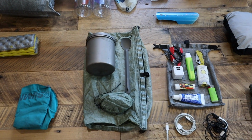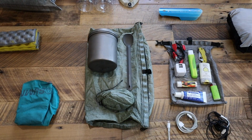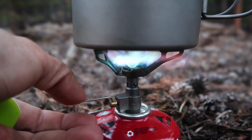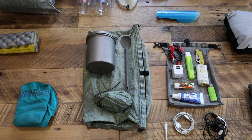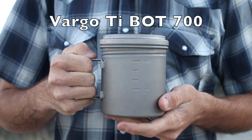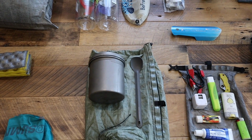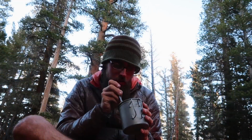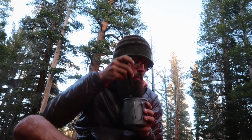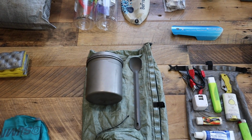Now for most of the trail, I did nothing but cold soaking. I only cooked when I was in the Sierra, but I ended up ditching my stove right after the High Sierras and went back to cold soaking. So that is the Vargo Bot 700, and it is essentially just a titanium cup with a sealed lid on it, and that is what I cold soaked all of my meals with. It worked out pretty good, but to be honest,